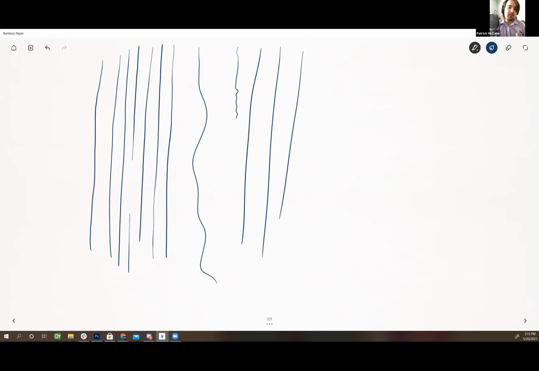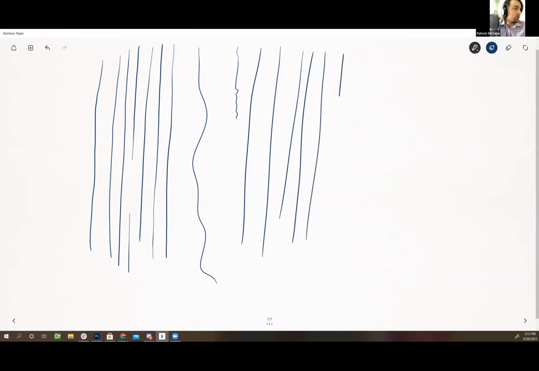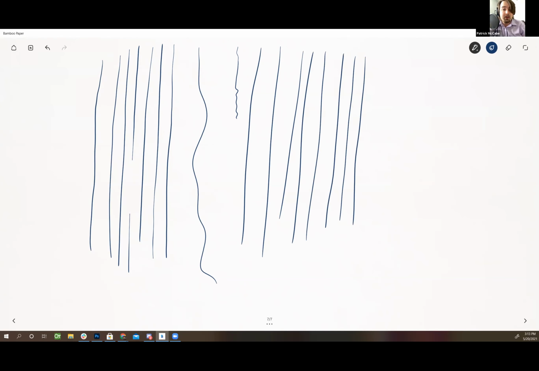Having tablets, having things that can help you just draw, or learning how to do art in those kinds of ways can really help expand those horizons for kids and teach them that, hey, you're not going to be great at this right away, but over time, as you do it, you're eventually going to be able to get that straight line. And that's okay. It might take time. You might not always do it every time, but that's going to be okay. And that's kind of what I've found in a lot of the digital art.